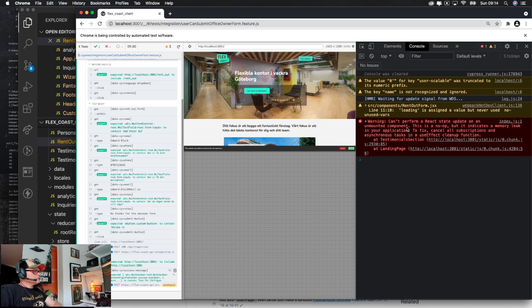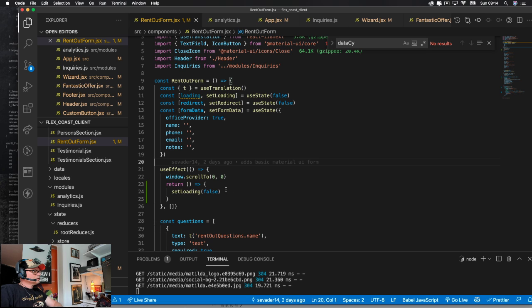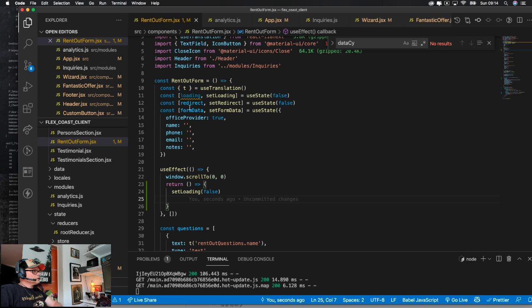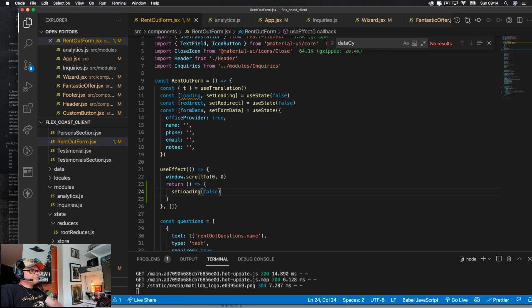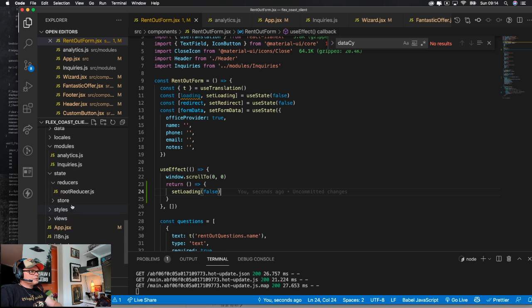State after an amount of components. But are we updating form data? Is that what we're doing? But let's have a look in this.